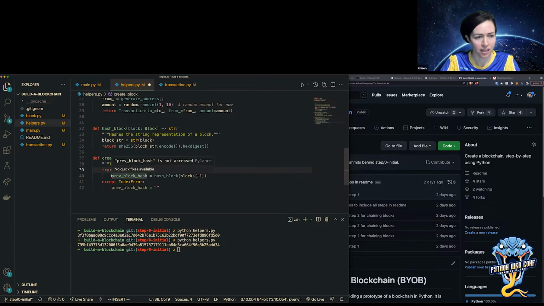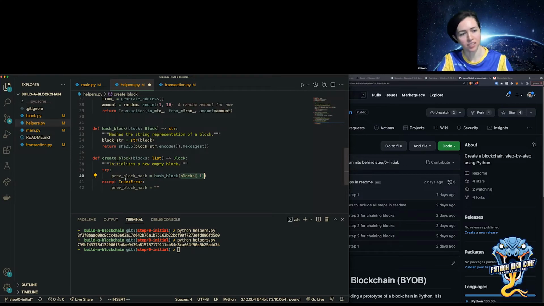And basically, the easiest way I found to do this is to pass in the whole list of blocks, check and see, get the last block in the list. Of course, if there is no block in the list at all, that means it's the Genesis block. But because of Python, it's going to give me an index error. So if I have an index error, I know there aren't any blocks yet, and I can just set the previous block hash to an empty string because I know it's the Genesis block.